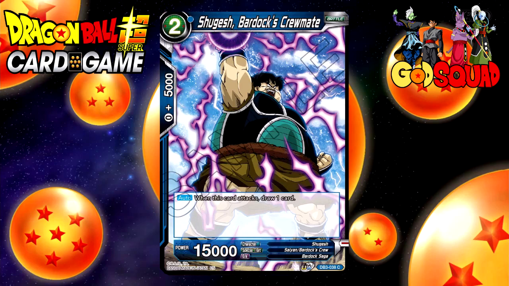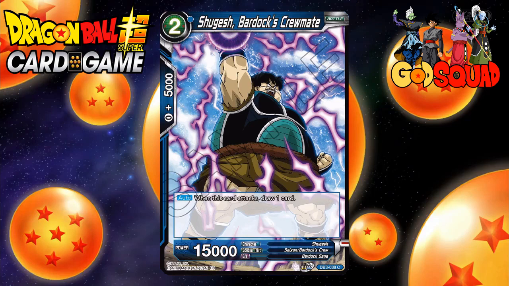Then we got Shugesh, Bardock's crewmate. He's a 2-cost, 15,000. When this card attacks, draw 1 card. He's kind of like a little bit of a watered-down variant of the Shugesh that we got in Clash of Fates. That one was, I believe, a 3-cost, 15,000 that you got to attack and draw a card. If you didn't draw a card, you got to attack and he'd have double strike. So a little bit more flexibility there, but he cost 1 extra to play. So same power though, so this is not bad, and this will definitely give you fuel to play that amazing Shugesh